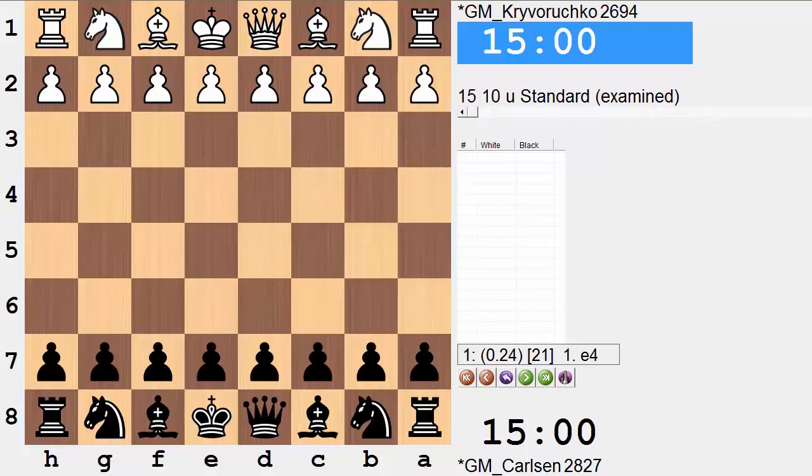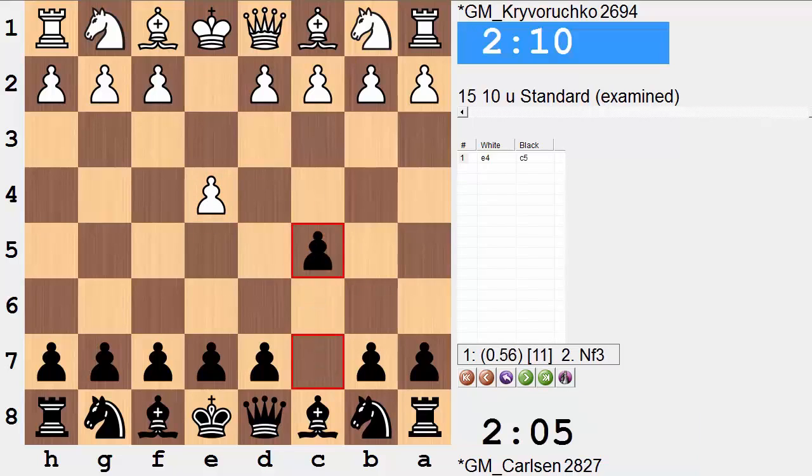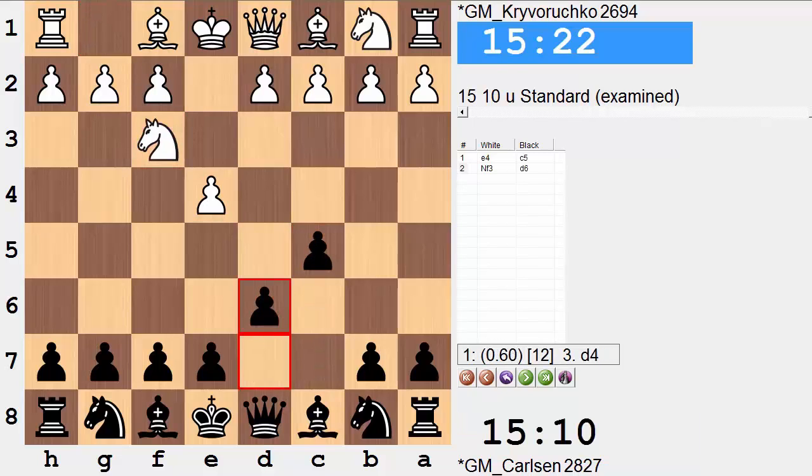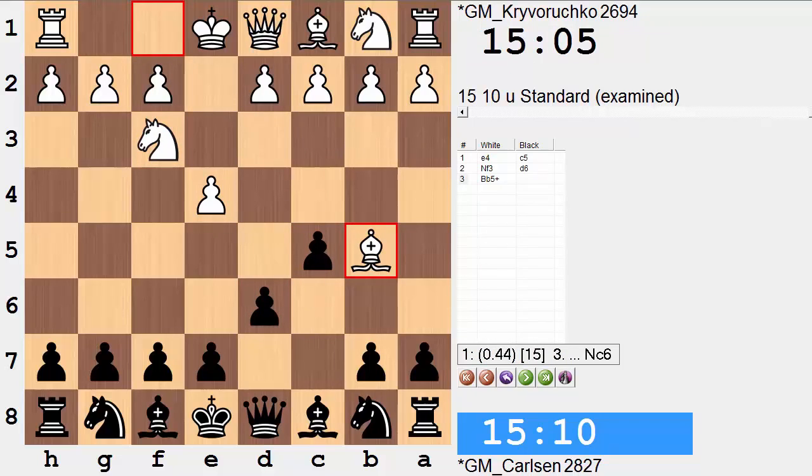This is round 8 of 15 from the 2014 World Rapid Chess Championship. Carlsen has black in this one versus Yuriy Kryvoruchko. And Yuri opens with e4, c5. We see this as the Sicilian